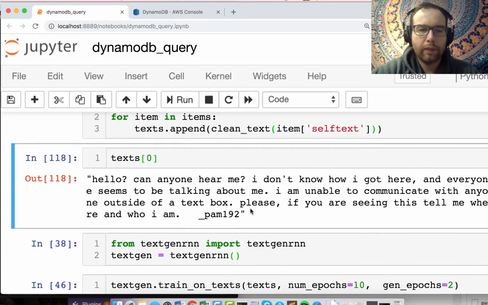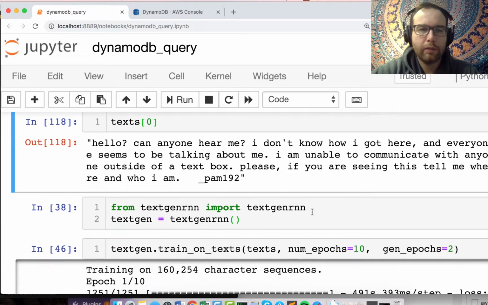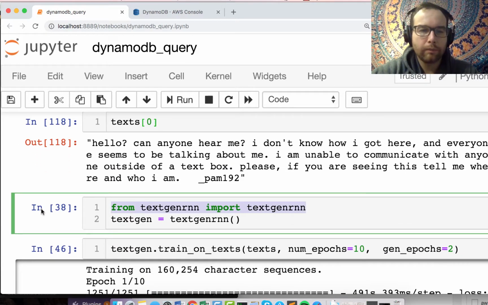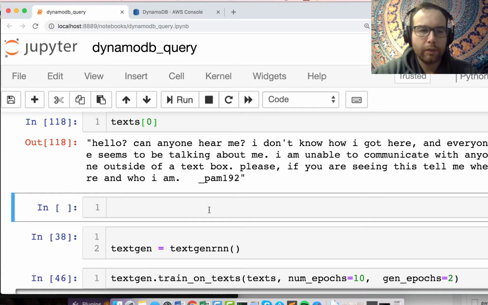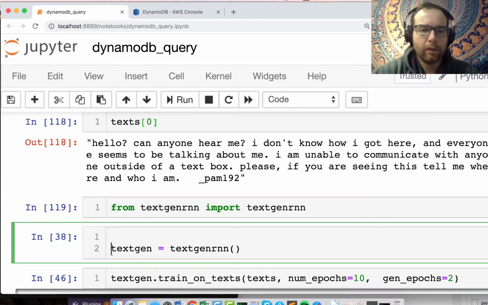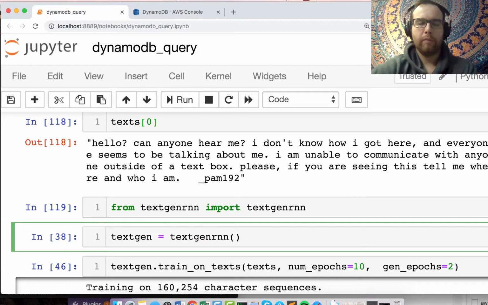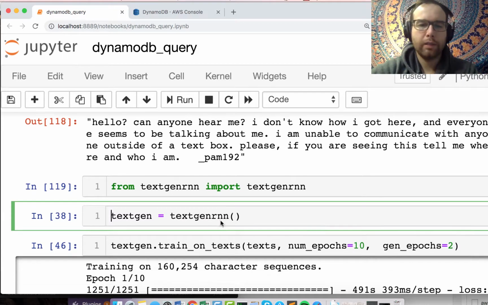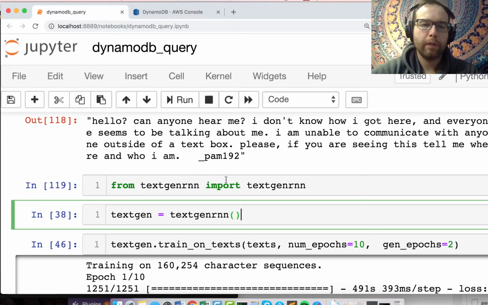Okay, so text that we can use to put into this great little library that is really convenient, which is textgenrnn. The author, I forget his name, has this really great library. I'm not going to run this because